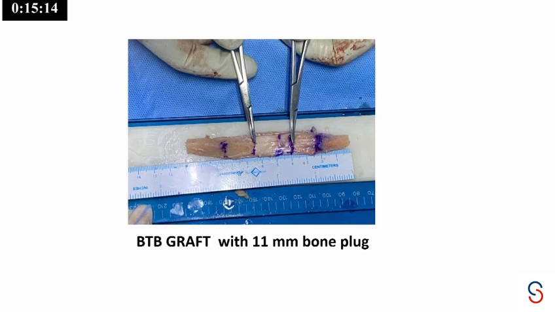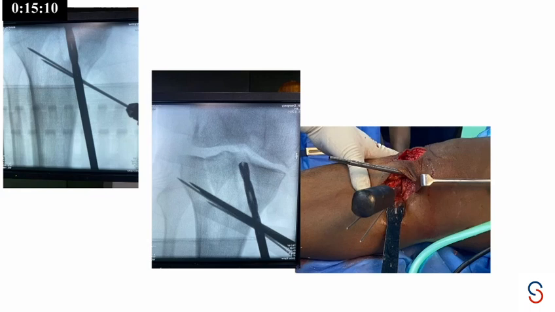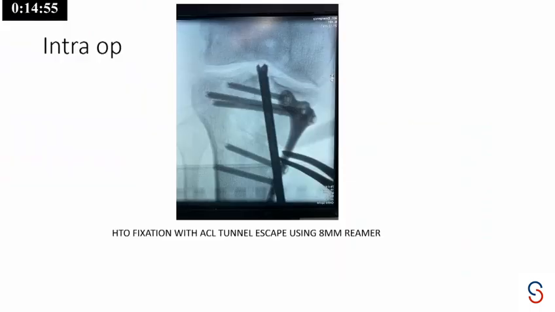Took in a BTB graft of 11 millimeters with bone plugs on either side. Went ahead and did an HTO. How do I do my HTO? Before I do my HTO, I just put my 8 mm reamer into the tunnel. That makes my cuts easier. I just go below that, 8 mm opening, and fix the